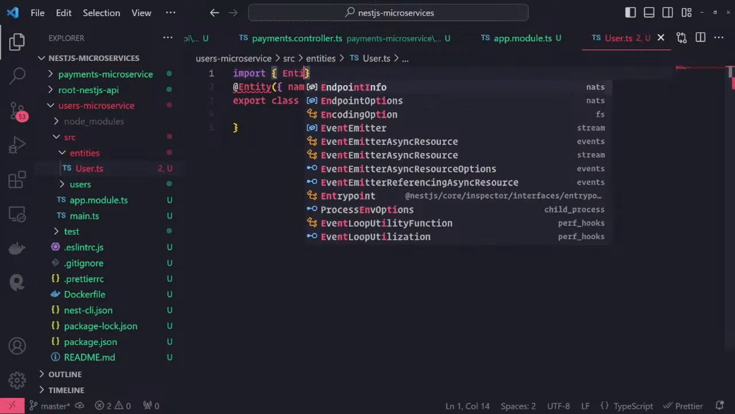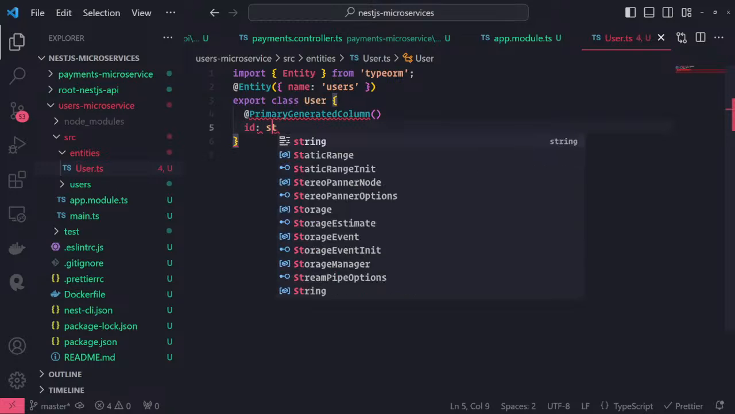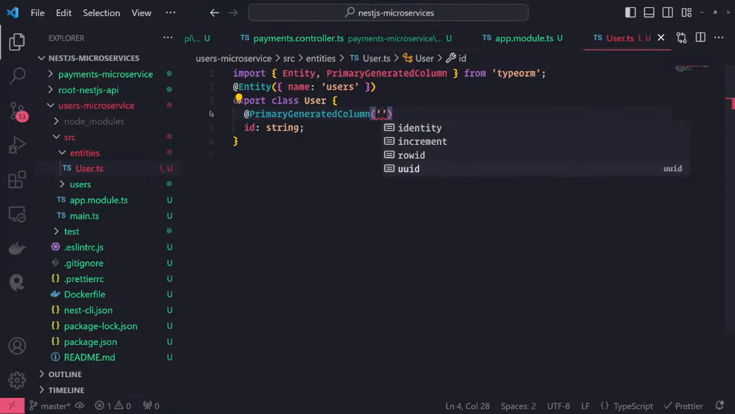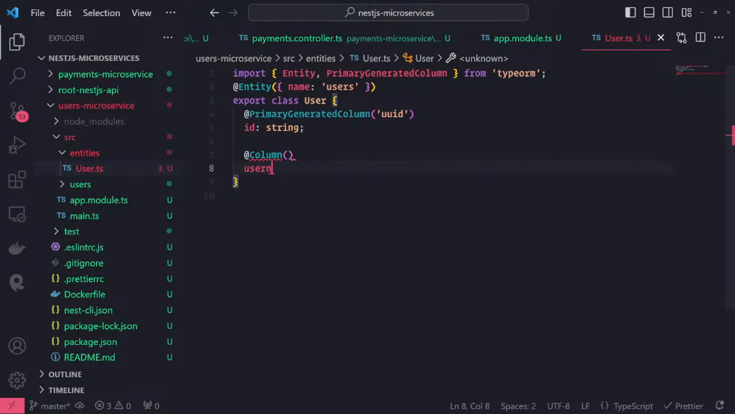Then let me import that from type-orm. Okay, so I'll keep this very simple. I'll do a primary generated column, ID string, because I want to use a UUID. So this will auto-generate the ID when we create the user. We'll just do a simple example. So we'll do username string. What else? Display name string, column,